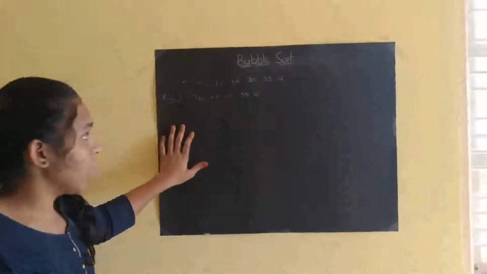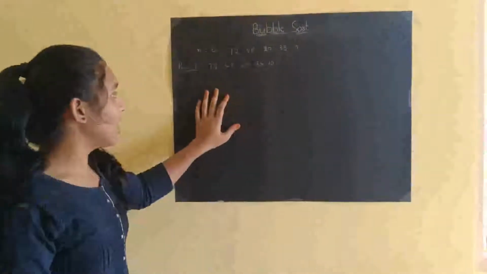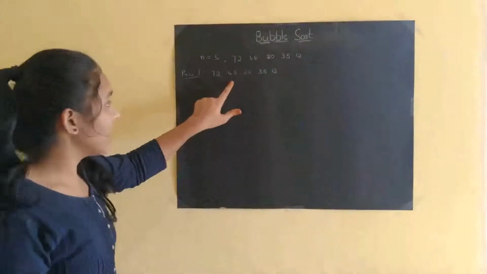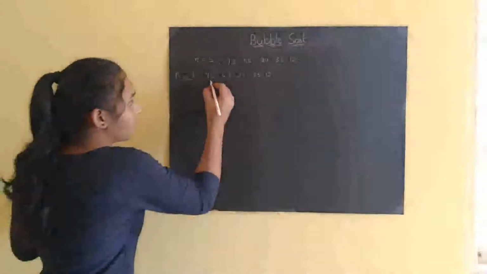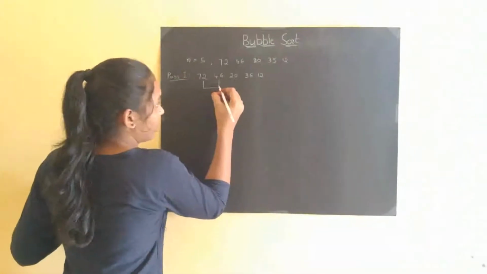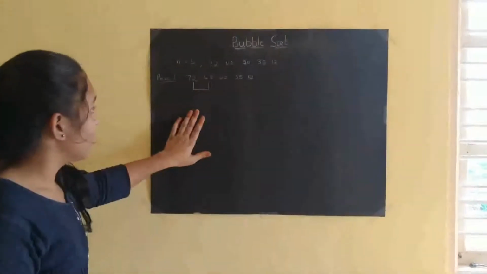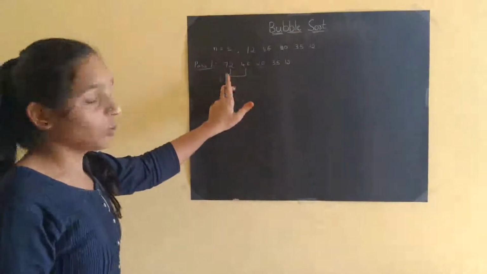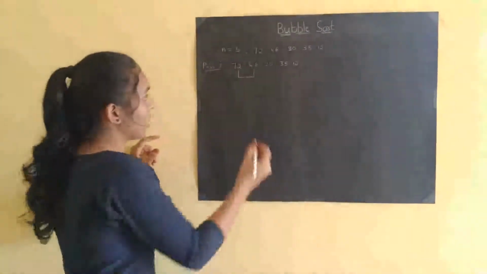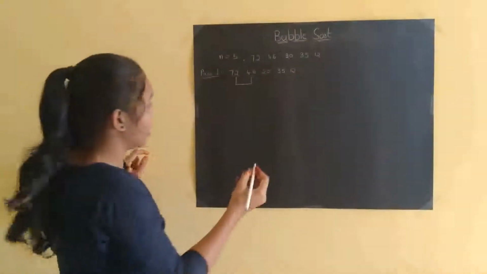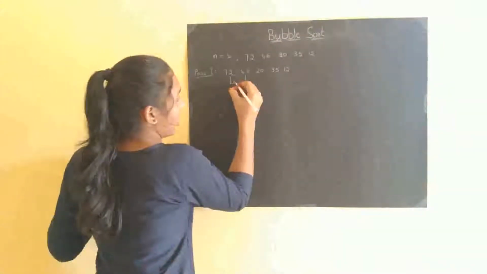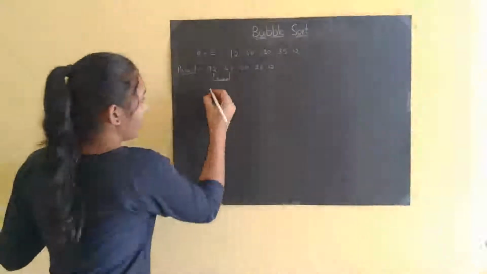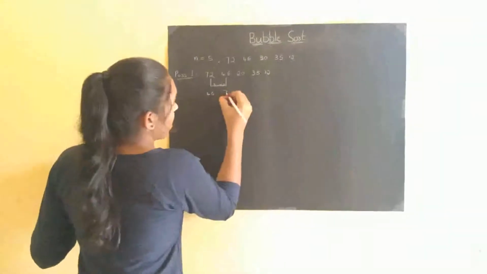In the first iteration, according to the bubble sort algorithm, we have to compare the first element with the second element. Here the first element is 72 and the second element is 46. So we have to compare these two elements. If the first element is greater than the second element, then we have to perform swapping, that is, the two values will get interchanged. Here 72 is greater than 46, so according to bubble sort, we have to swap here. And now the result will be 46, 72,